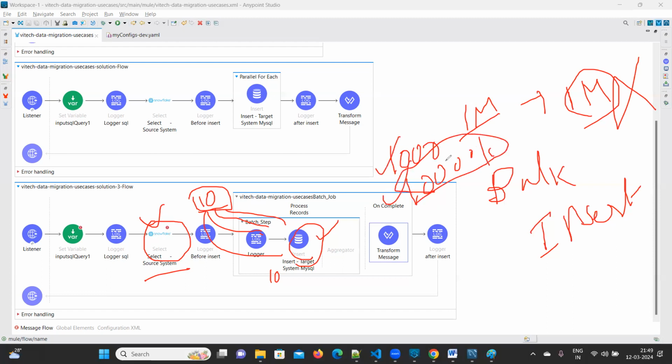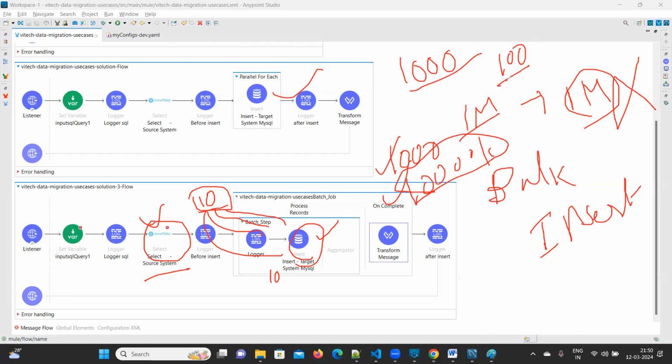So what will happen? If we have 1000 records, instead of going for each or parallel for each with single insertion, if you go with bulk insert with the setup,